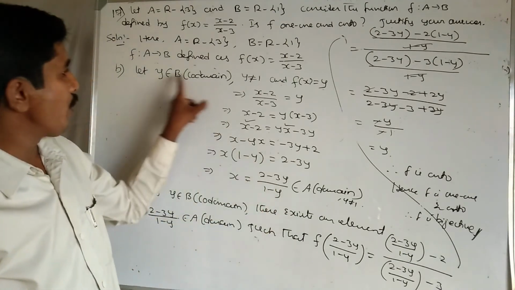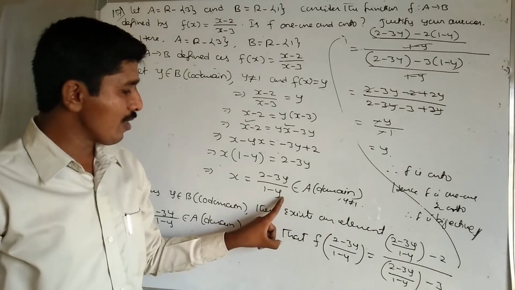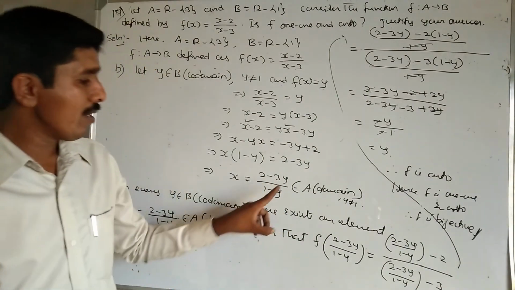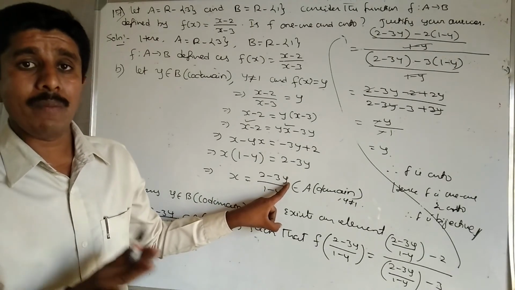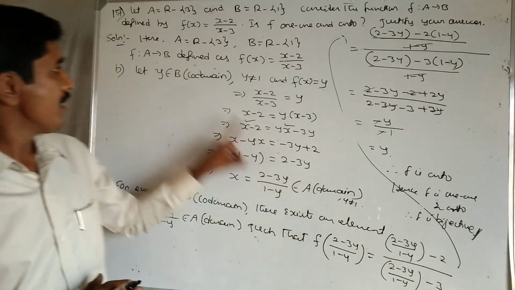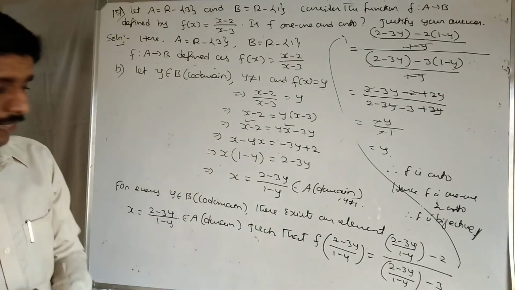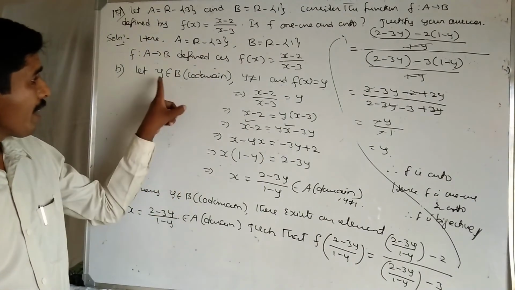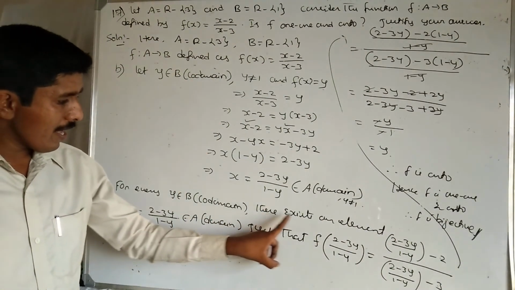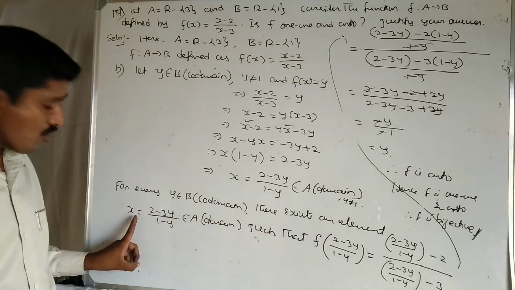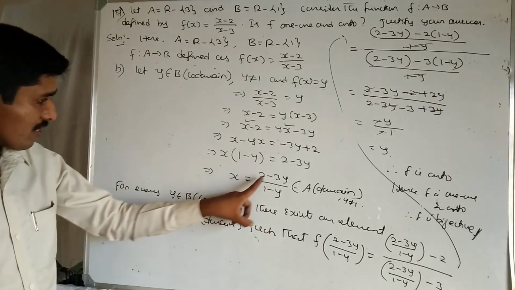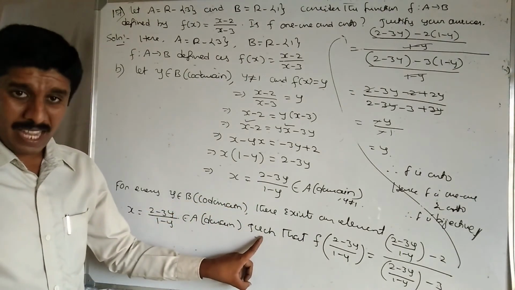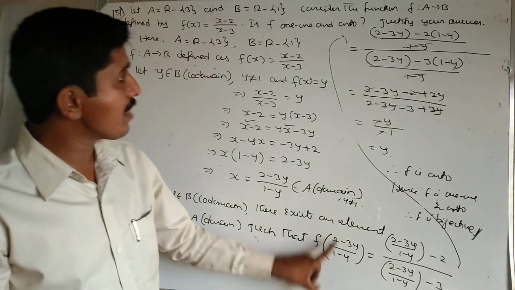Clearly here y is not equal to 1, given that. With y not equal to 1 and y any other real number, clearly the ratio will be defined. Therefore for every value of y in the codomain there exists a pre-image element in the domain. The domain is set A. Finally write the statement, very important. For every element of the codomain, for every y belongs to the codomain, there exists an element x value, this is (2 minus 3y) divided by (1 minus y), belonging to the domain, such that f of x,